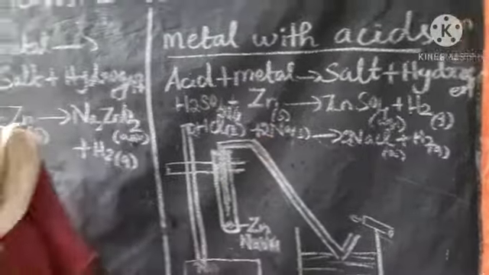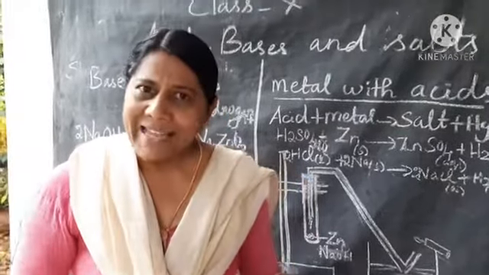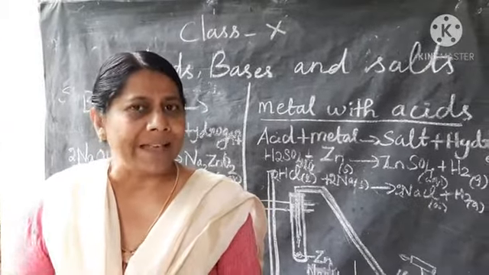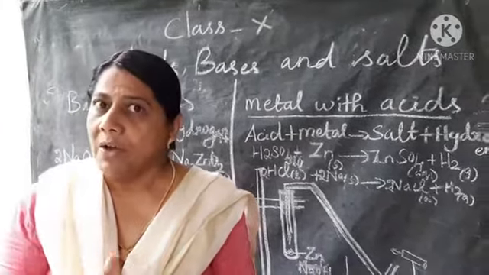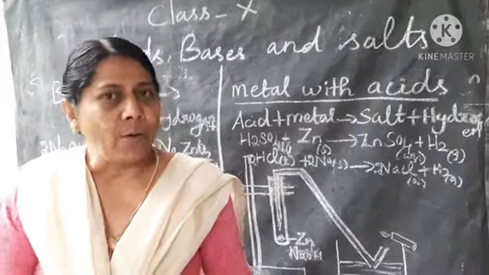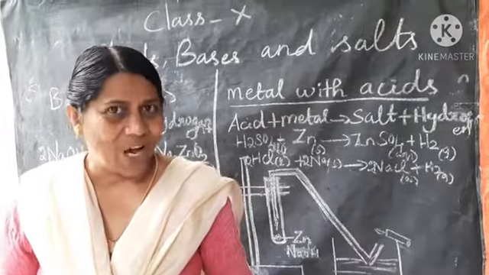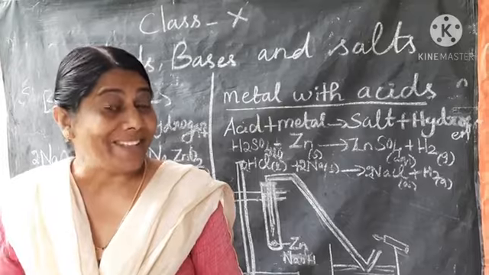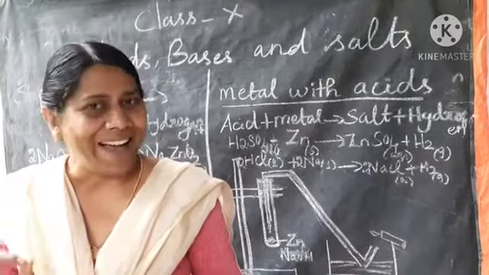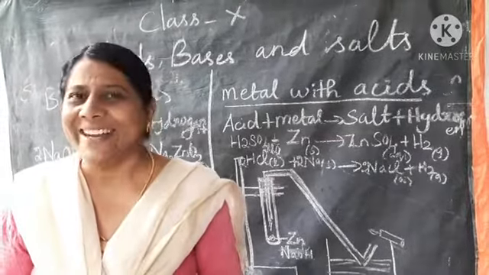Here, I hope you understood today's topic. What is an acid, base and salt, the types of acids, bases and salts, and also what are indicators and the types of indicators, and the chemical properties of acid, base and salt. How do acid and base react with metal? The products are salt and hydrogen gas. Hope you understood. The remaining things we can see in the next class.